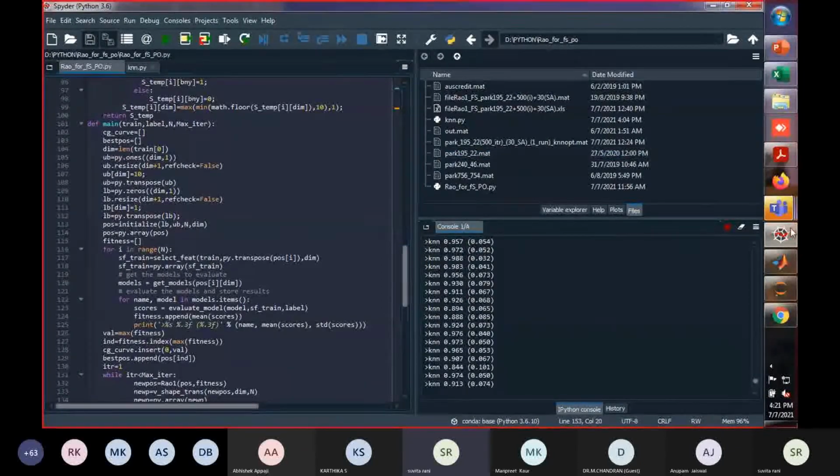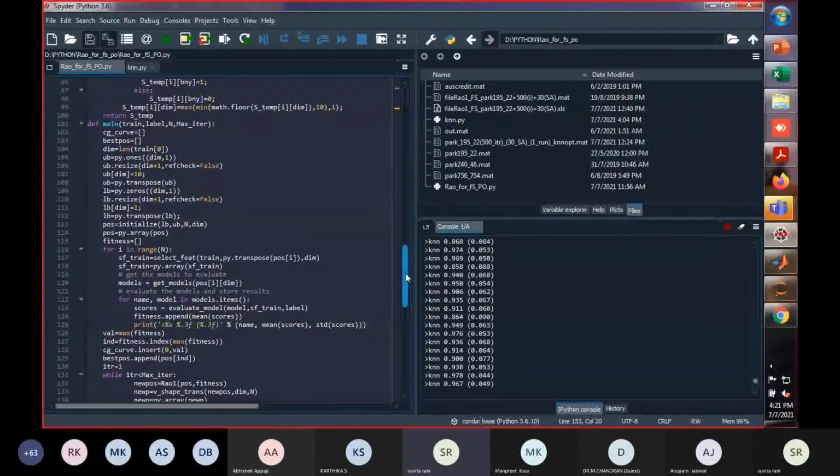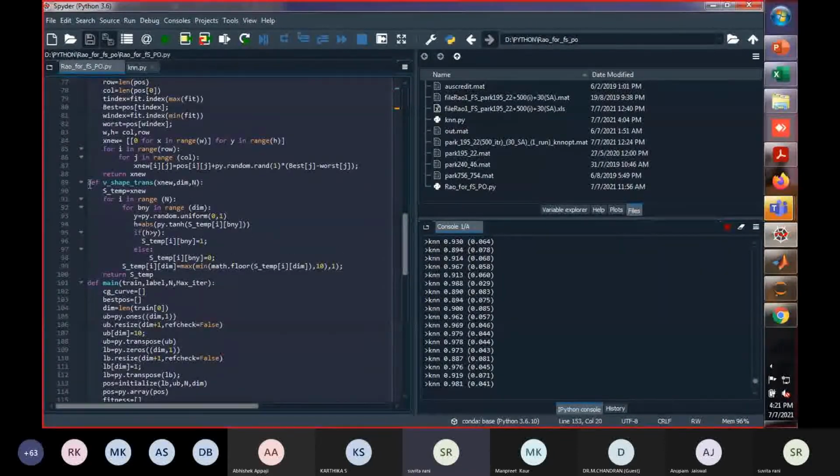But we want to find the value 1 or 0. We need the discrete value. So here we use the transfer function, based on the tan h hyperbolic tangent function. The values are mapped from the continuous point values to the discrete value. If the value is greater than the threshold value, then that position is set as 1, and otherwise that column value is set as 0.